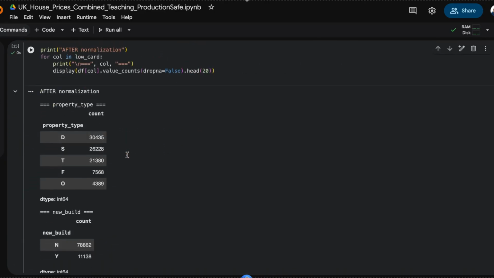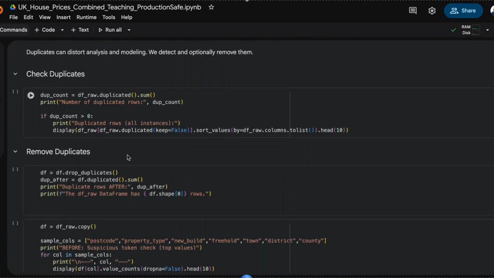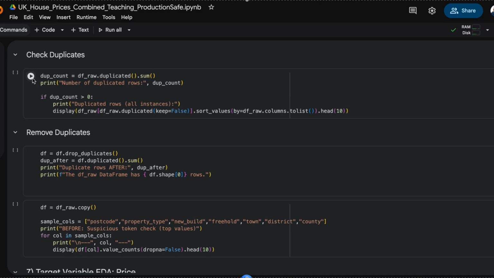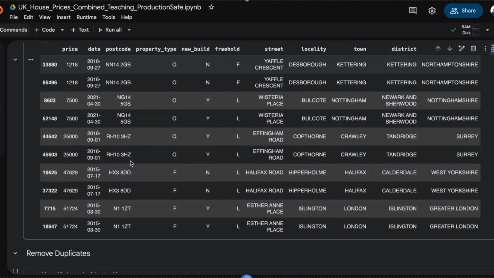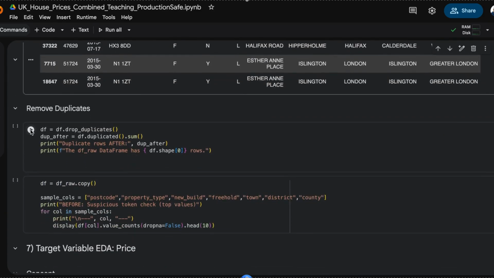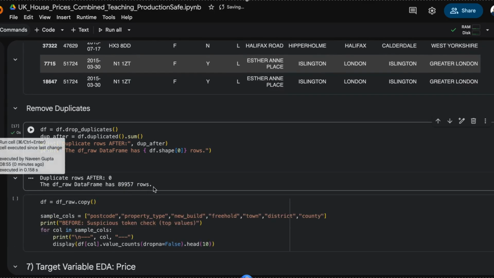Now we check for duplicate rows. Duplicate records can inflate patterns. If the same transaction appears twice, it will double its influence in the model. We detect 43 duplicate rows. That's small relative to 90,000, but still significant enough to remove. After dropping duplicates, we confirm that the dataset now contains